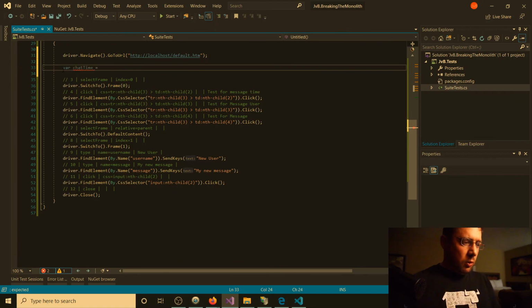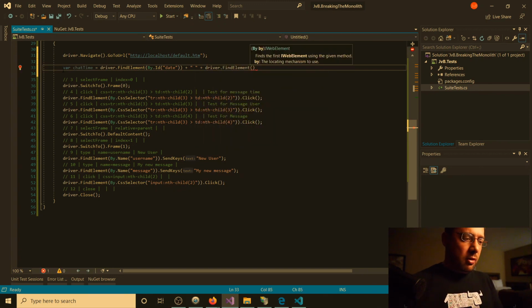And that's going to be equal to, we want the driver find element. This is by ID. We want date. And there are better ways to concatenate strings. We're just doing it quick. Get this to pass. Driver.find element by ID